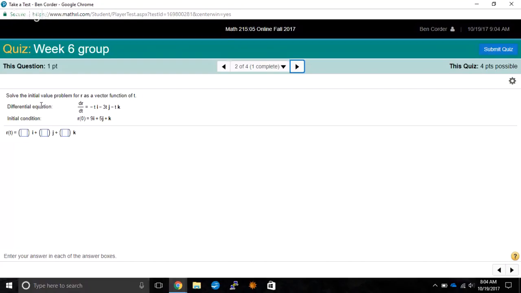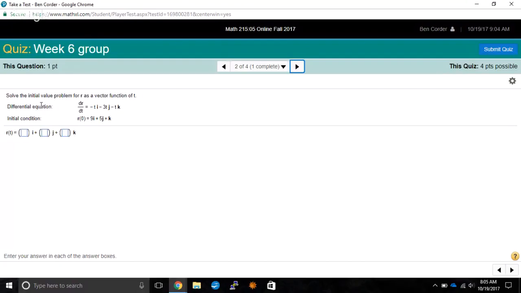We need to figure out what t is. Could we differentiate r of 0? Not really. It'd just end up being 0, would it not? If we were to do it separated, or maybe we can just